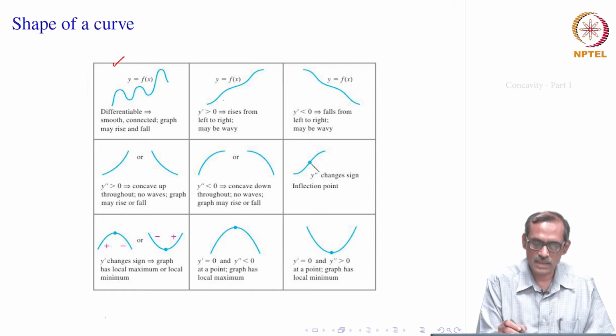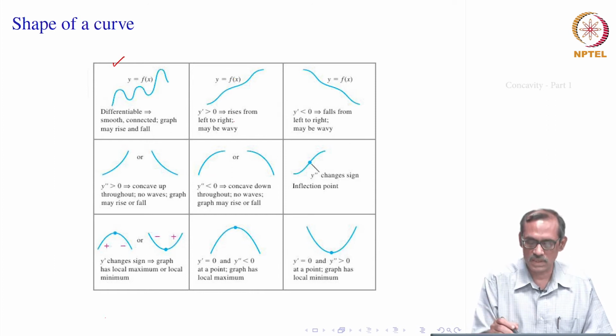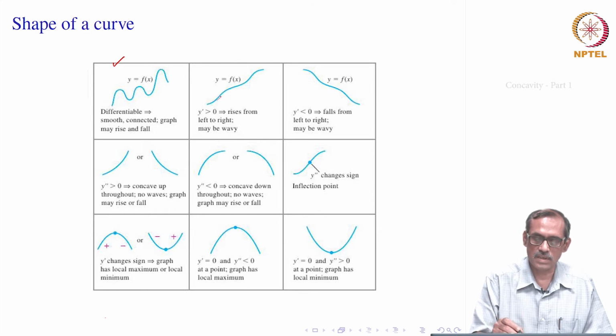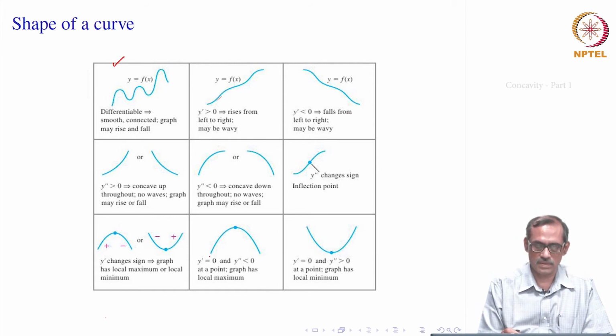But once you say that y prime is bigger than 0, that is f prime x is bigger than 0, it says f of x is increasing. So, it will be only climbing up. The curve may look something like this. Still it can be wavy somewhere, right, but on the whole it will be rising up. That is how it is an increasing one. And if y prime is less than 0, that is its derivative, then it will fall, but it can still be wavy, having rise and fall in there, but on the whole it will be falling. So, that is what if f prime x is less than 0.